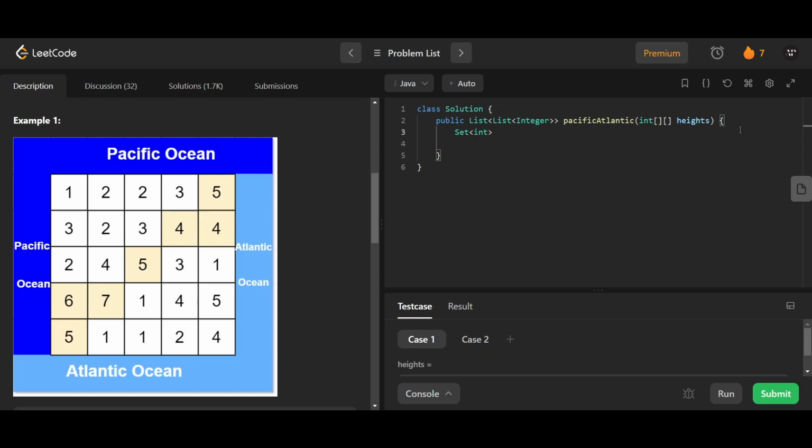I can build a set, or I can also build Pacific nodes as a Boolean array, and mark everything as false, and once it is visited it will be true. So I'll do a Boolean array called Pacific, and I'm gonna do